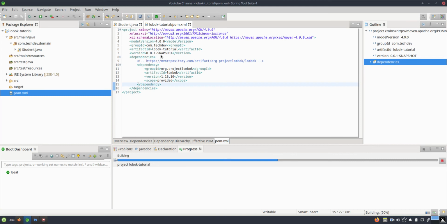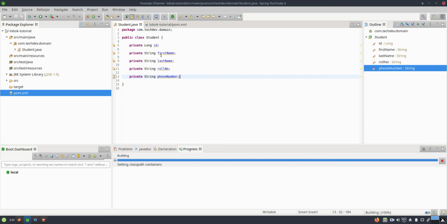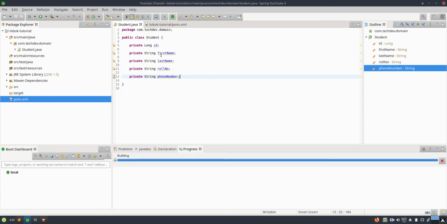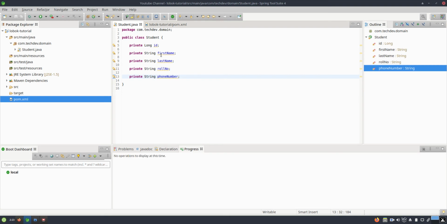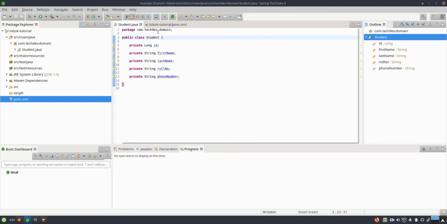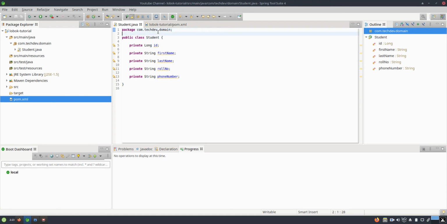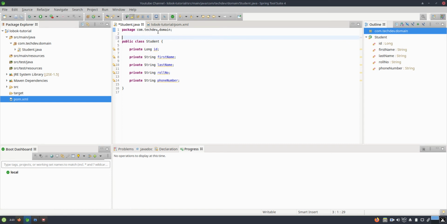We will use what Lombok provides us, that is their annotations. These are magic annotations, because not only in this project but in each and every project, everyone wants productivity. And if we focus on creating getters and setters and maintaining the code like this, we will never get productivity. Let's see how Lombok will give you productivity and how it helps us with its annotations. First of all, I talked about the getters and setters.